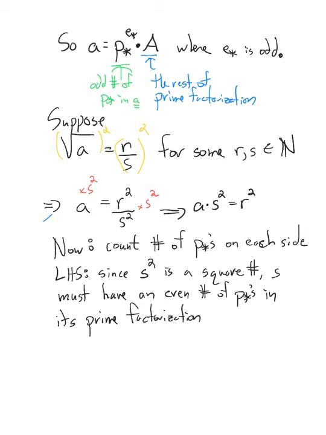And well, you could be thinking, how do we know there are any? But if there's none, then there's 0. But 0 is even as well. So that's fine. Okay. And since A has an odd number of p stars,